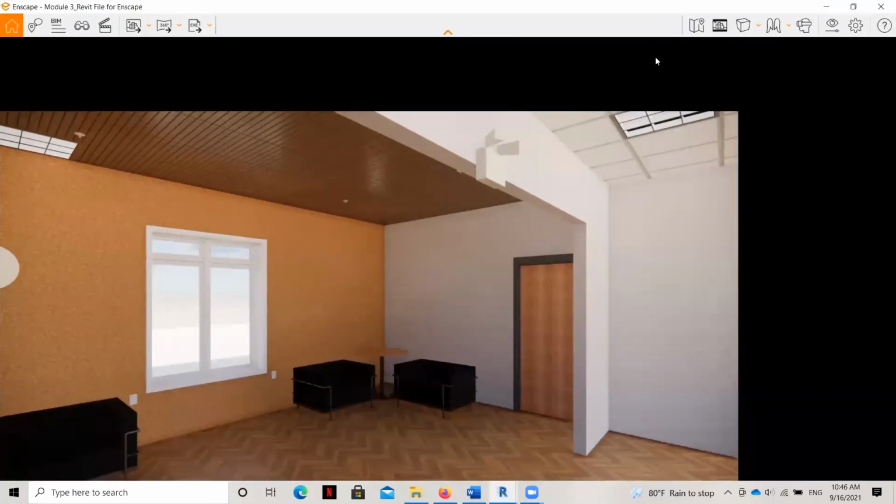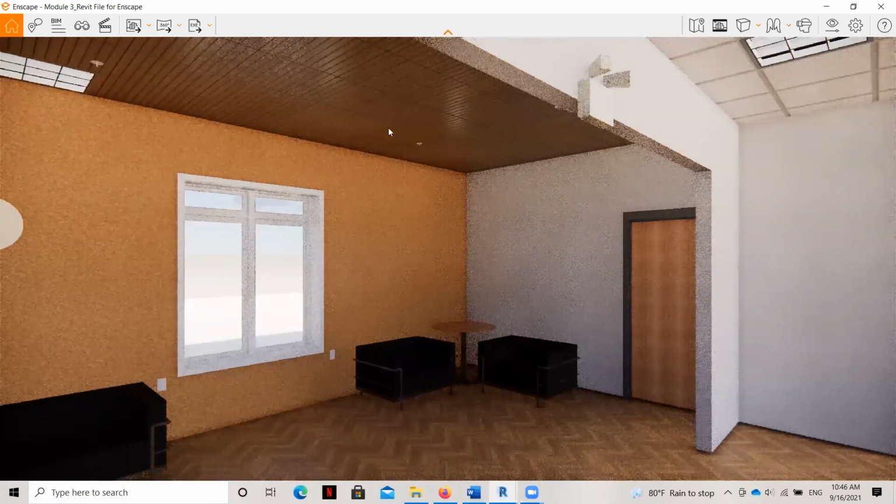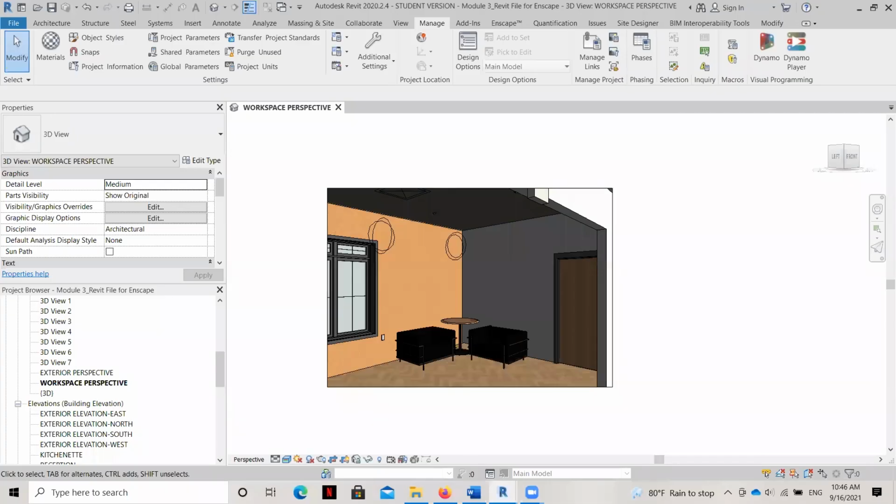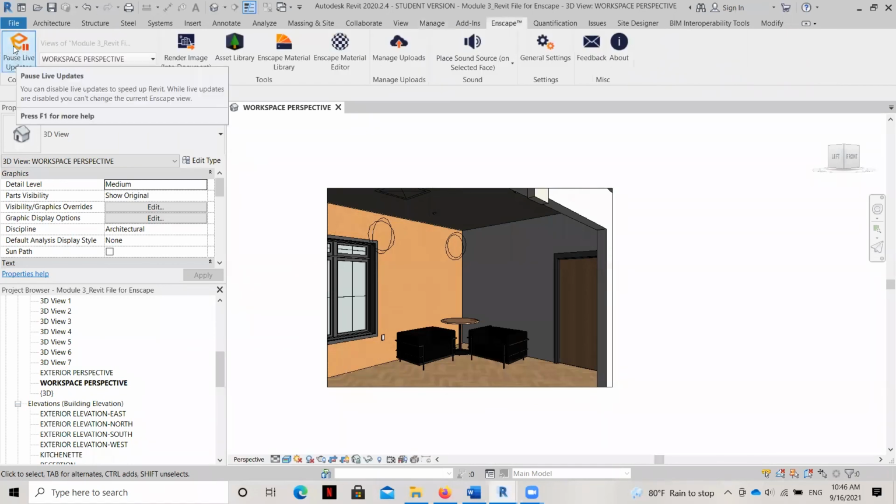So you've got this beautiful, beautiful rendering here that's starting to have nice realistic finishes. And now you know how to activate the Enscape rendering plugin, look at the tools on that Enscape ribbon, apply material swatches, and see a real-time rendering. Now, if you make any changes to this rendering and you want to see it again, all you have to do is hit this button and it will re-render any changes that you have made, and then you'll see it on your Enscape rendering.